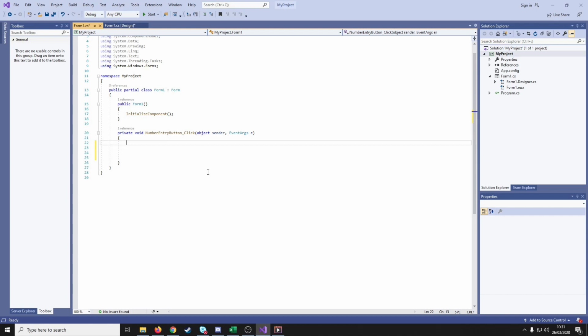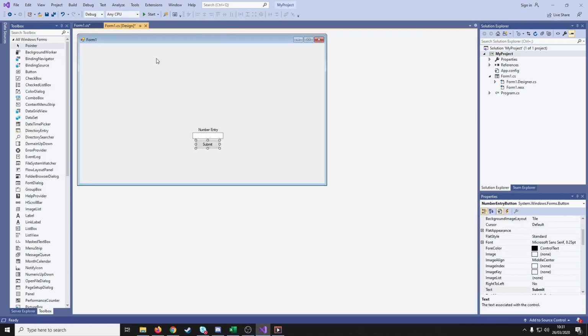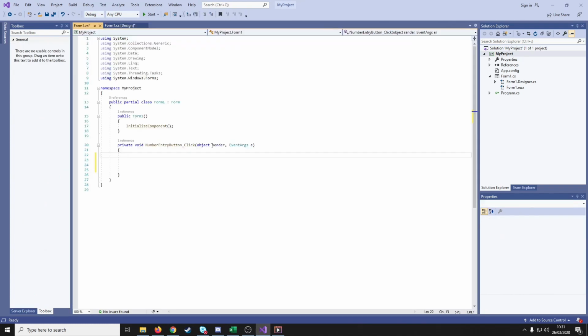So I'm going to skip through to get something working just so you can see what happens. So what we're going to start off by doing is we go back to our form. We know we've called this user prompt, we've called this user number entry, and we called this number entry button. Now a little tip, if you ever forget where you are in the code, double click the control you want to change the method of, and it will jump you straight back to where the method is in the code. Now I'm going to type in